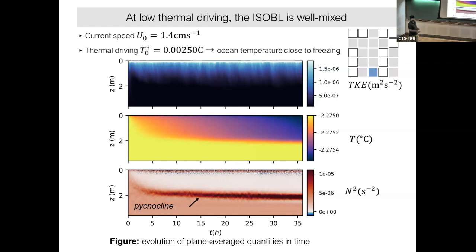What I'm showing here is just like an ocean mooring. I'm taking one line from my domain and looking at its temporal evolution. Of course, initially I don't have a boundary layer, so it takes time for the boundary layer to grow. After it grows, it reaches a quasi-steady state. What is shown here is the turbulence kinetic energy, to see whether the boundary layer is turbulent or not. How many people are familiar with turbulent kinetic energy? How do you define turbulence? Can you raise your hand? Turbulence kinetic energy.